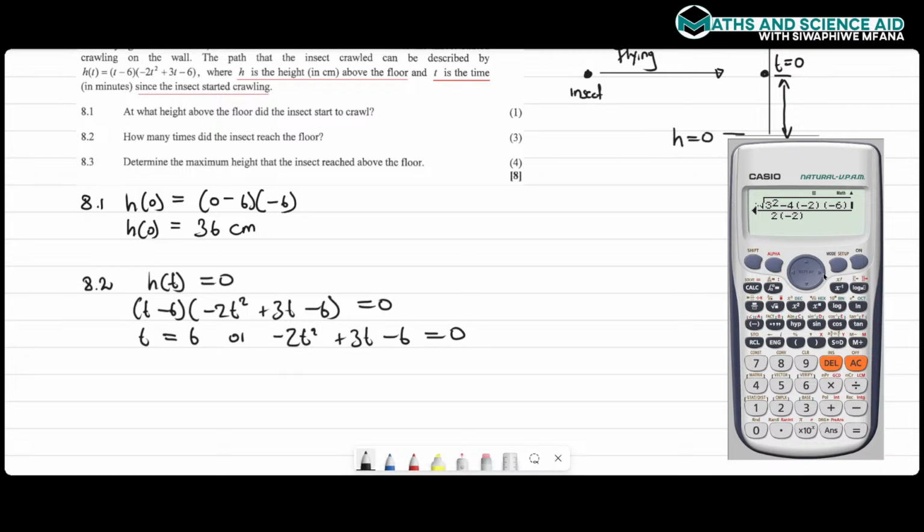So yeah, it looks like we are getting an error. Maybe you might say that I should have changed the sign of a to be positive, maybe by multiplying by negative 1. Of course, that's good practice